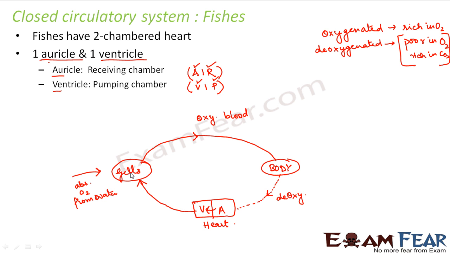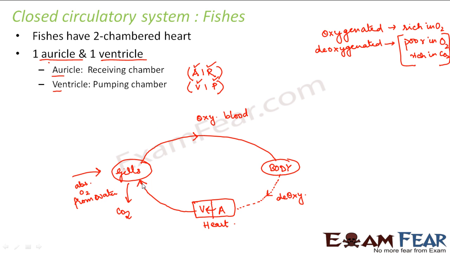The gills will again send the carbon dioxide to the outside. So gills will send the carbon dioxide outside, and it will take in the oxygen, and again it will send oxygenated blood. So in one way you can think of it like this, that gills are the organs which are actually converting deoxygenated blood into oxygenated blood. If you see here, deoxygenated blood is entering into the gills and oxygenated blood is coming out of the gills,